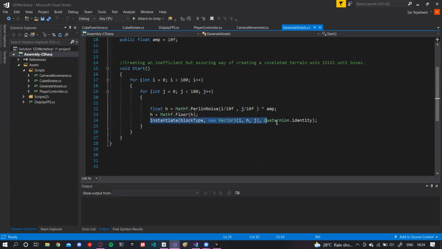Instantiate game object is basically you can spawn a game object into your game frame by just mentioning its position and its rotation. Quaternion is the class to represent angles. Identity shows that it is 0, so this says there is no rotation in my object at the moment.